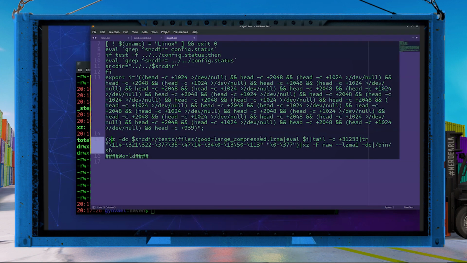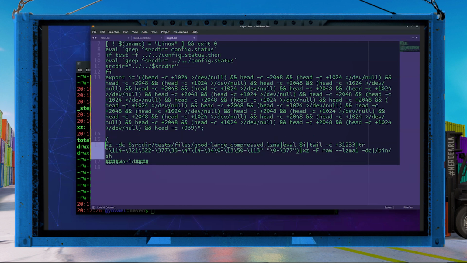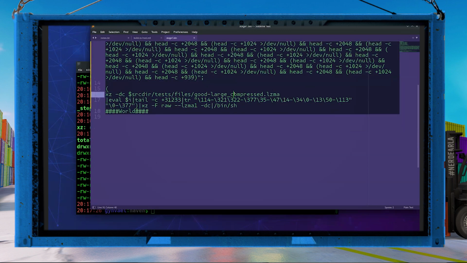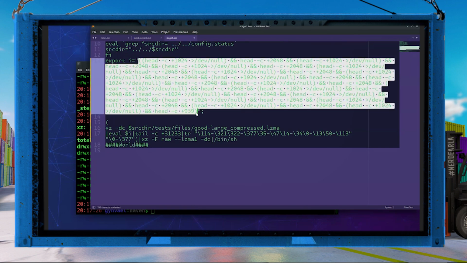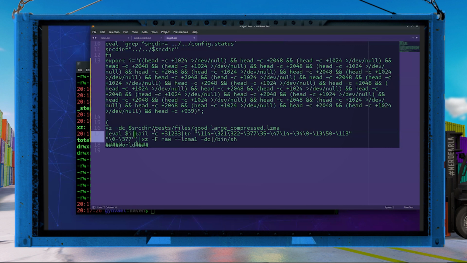And then what we get is a chain of commands where one command's output is the next command's input. So the first in the chain is just decompressing the good file. This is where the good file, which I showed you at the beginning, comes in. And then the output of this is being sent to this function. So we run this function, and the output of whatever this function does is being sent to